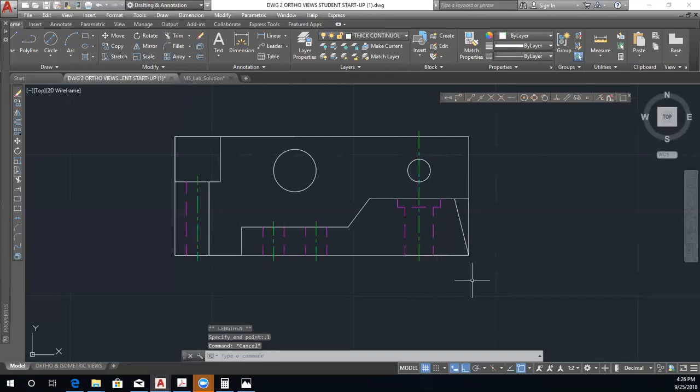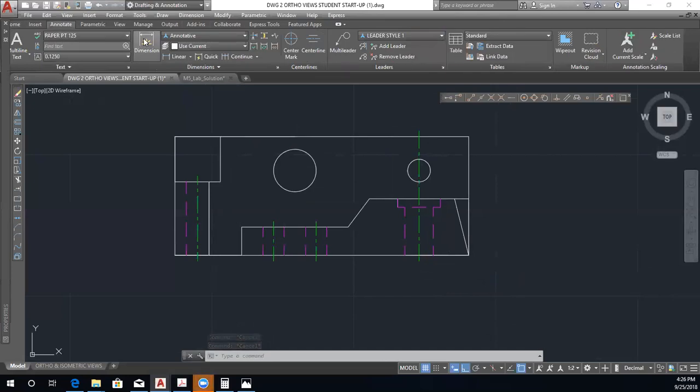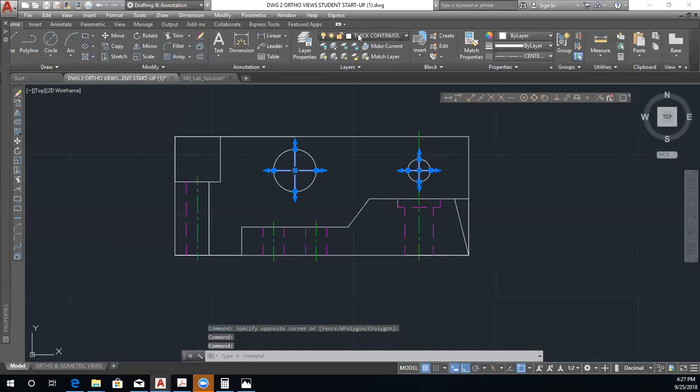All right, so that is the bottom view. Oh, I'm sorry. One more thing I noticed that we didn't do is go to annotate, center mark, click there, center mark, click there, escape, and then we can change both of these to center lines. All right, amazing. Now that is